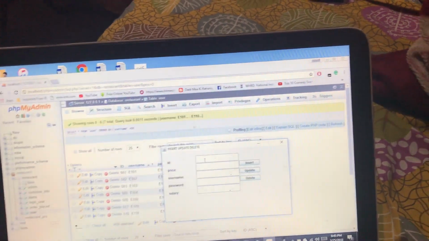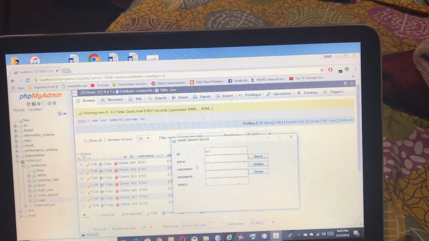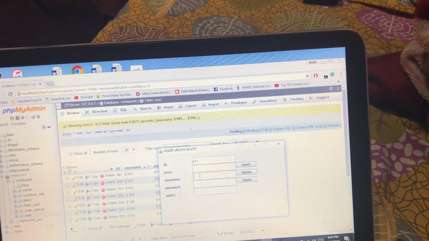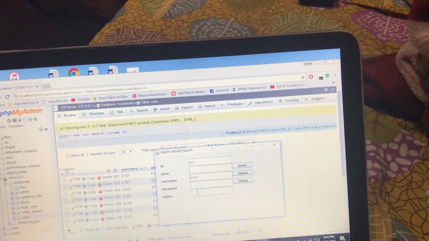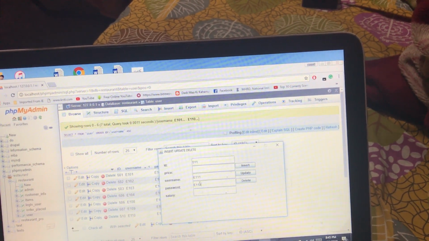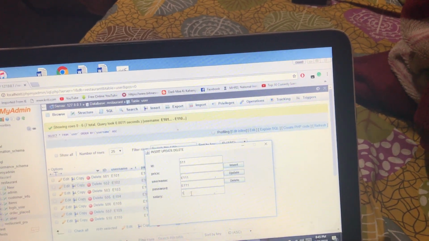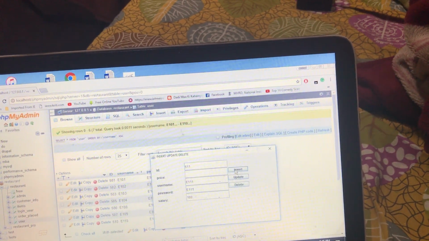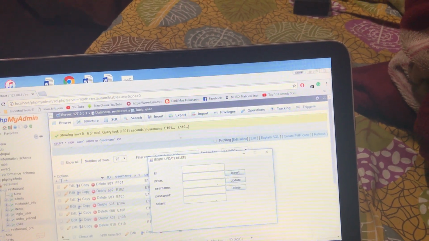So I'll enter 511, and employee ID I'll enter E111, password I'll enter E111, salary I'll enter 100, just 100, and if I insert it, like I have inserted it,